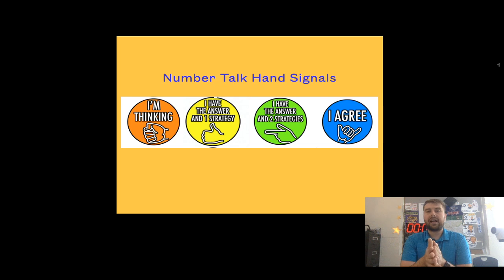Once we start sharing, I love being able to see support, hear support, but it's definitely very difficult when we're listening to somebody. We don't want to drown them out. We don't want to take over the floor when we're listening to what they have to say. So we use this symbol for I agree. If somebody is talking about the way that they got to a solution and you followed the same steps, you can use this symbol to visually show that you agree with their thinking. It allows them to keep sharing their thinking and know that they have agreement from you.